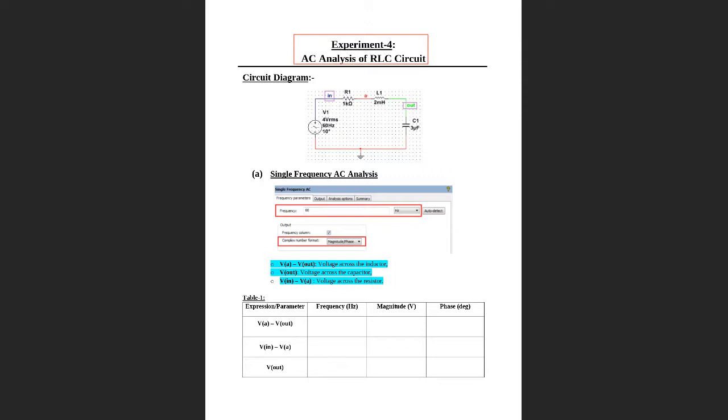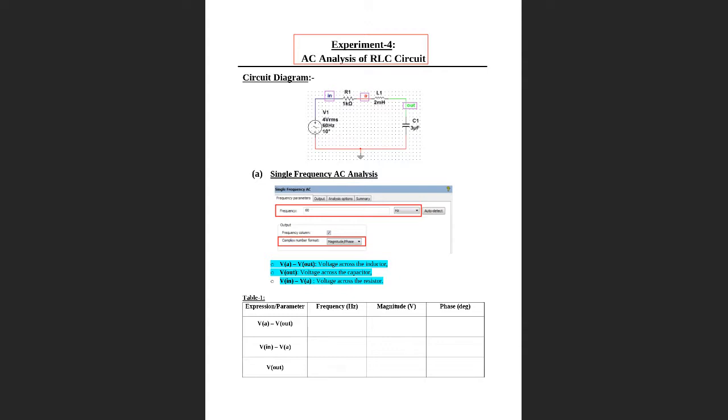For the analysis you have to name each connection. Whatever connection you are using for the analysis, it is mandatory that you name it. So in the analysis we will be using input, so we will name this as in, and the output we will name as out. We also use an intermediate value, the voltage between R and L, so let us name it as A. So these are the three values you are supposed to name.